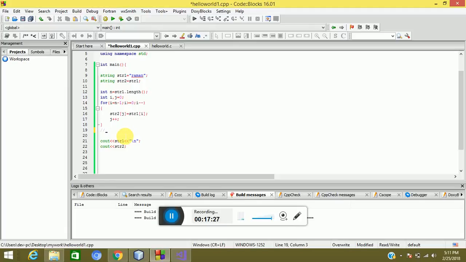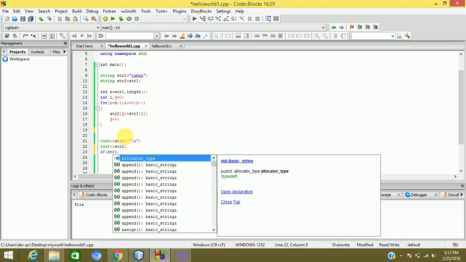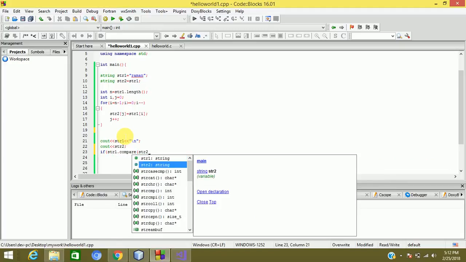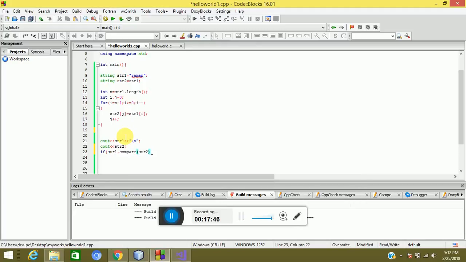So we already printed it. If you want to extend this program to check whether it's a palindrome, let us quickly do that. What you need to do is string 1 dot compare with string 2 and check if it's double equal to 0. Then you have to do cout palindrome string,